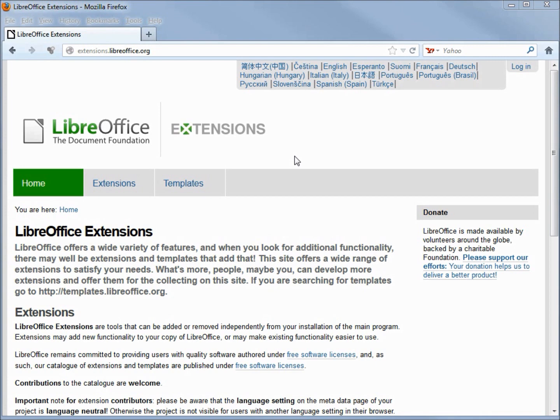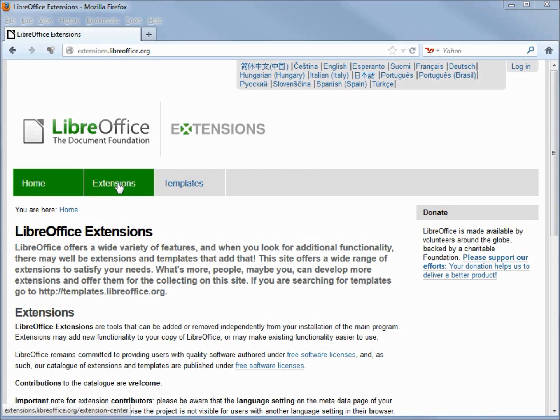Another thing we might want to use LibreOffice Portable for is extensions. Extensions are just extra features that can be added into your LibreOffice suite. Since extensions are not really meant to be uninstalled or removed, it would be better to test out an extension in a portable version of LibreOffice. Then if we don't like it for some reason, we can just delete that whole portable version and it will have no effect on our installed version.